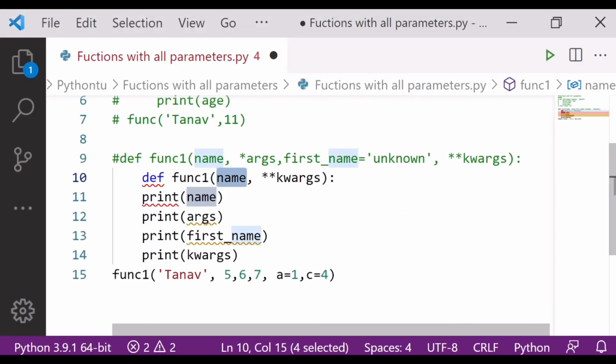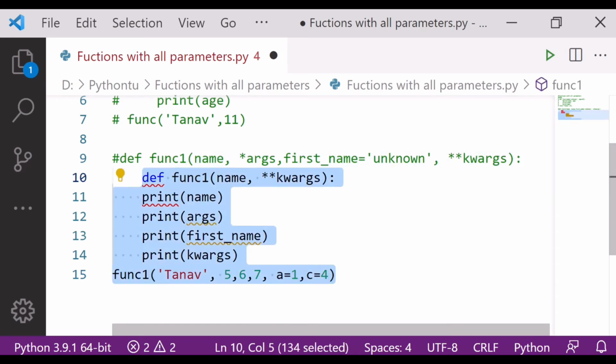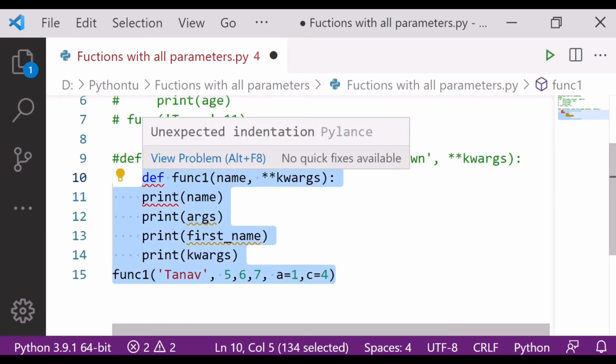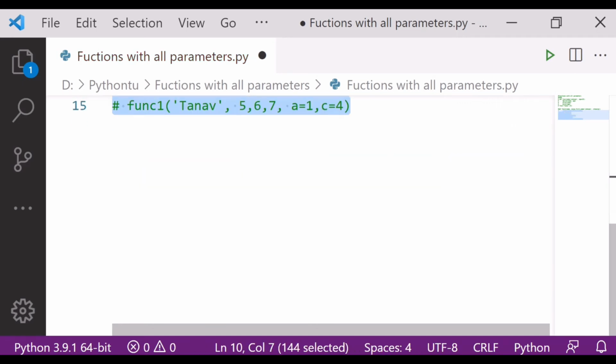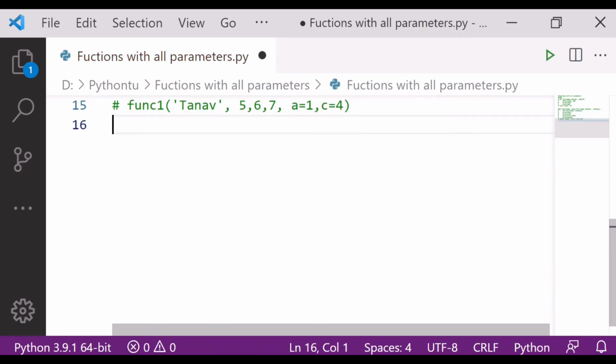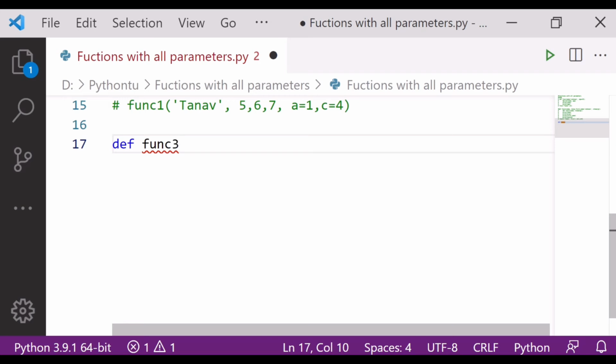Okay, let's do it here. Great, let's define the new function now. Here is the new function, def. You can call it function 2 or 3, whatever you like.